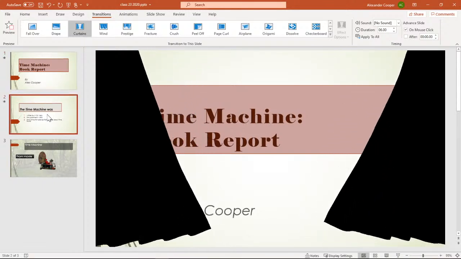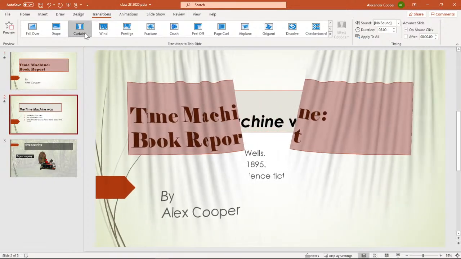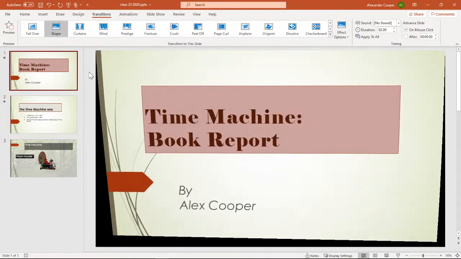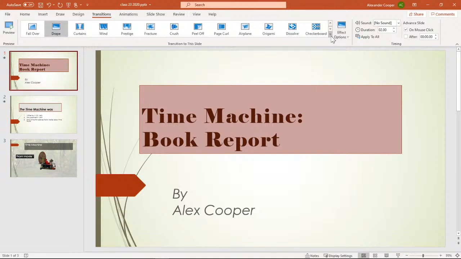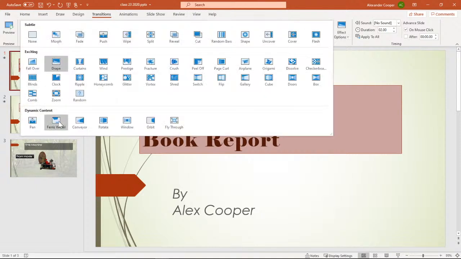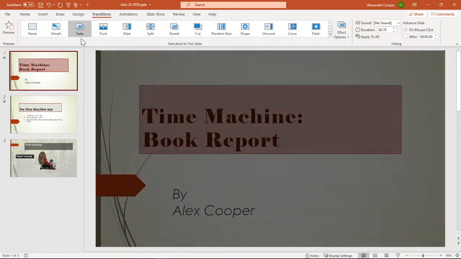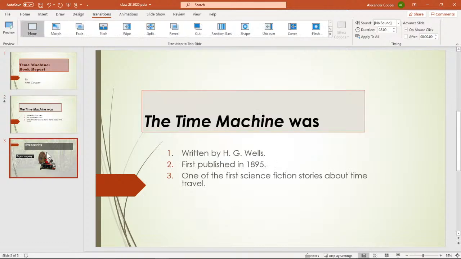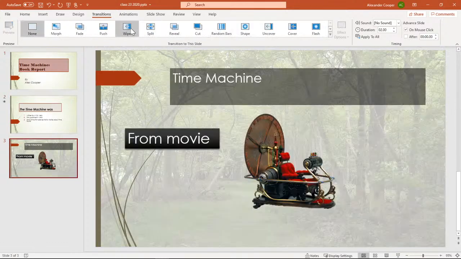Okay, that's not what I want. So I want the curtain here. And we want, what do we want on our first one? Now, because this is our first slide, these 3D ones don't really work. So you have to just kind of pick something, or nothing is probably the best thing on our first slide, okay? Now, with our other slide, let's look at our reveals.